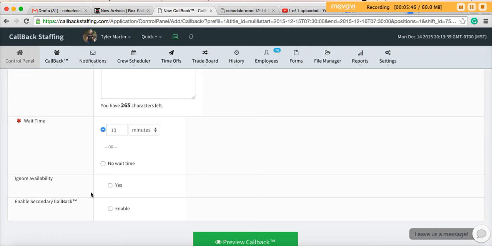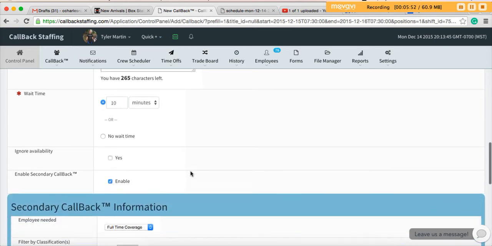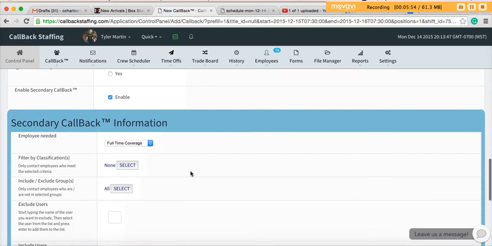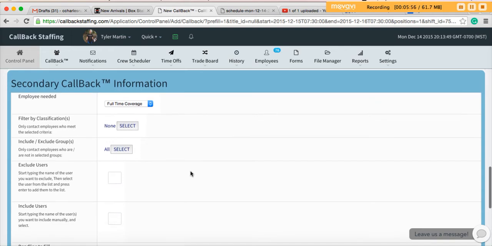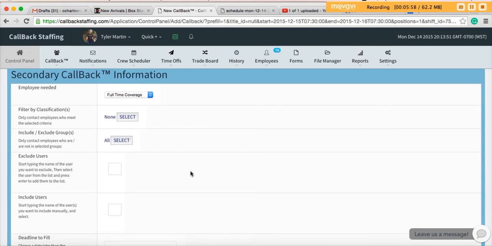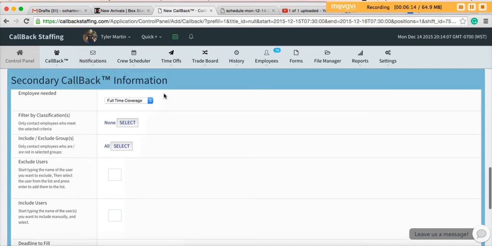We also have the option of enabling a secondary callback. A secondary callback kicks in after the primary callback has been unsuccessful. This might be if you only want to contact paid call members first. You can certainly do that under the primary callback, and then you could contact all full-time members for a secondary callback. For today's purposes, we're just going to ignore the secondary callback,